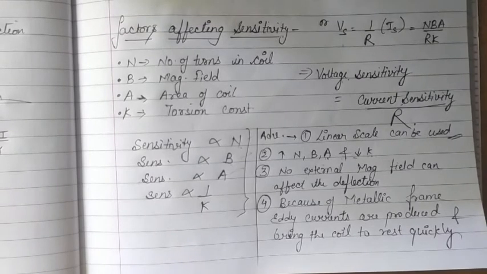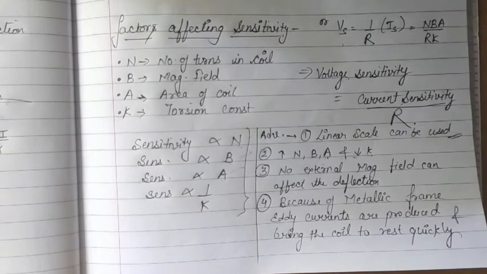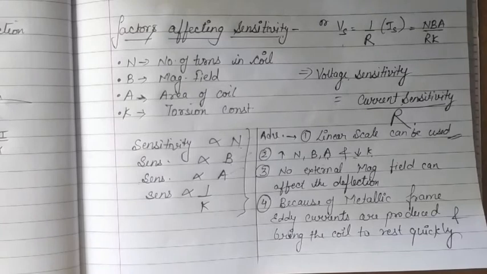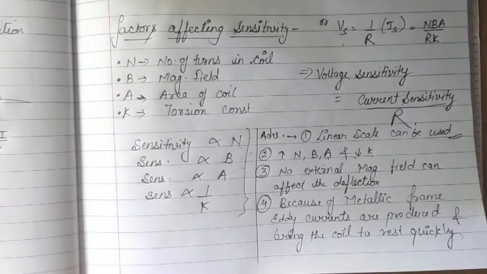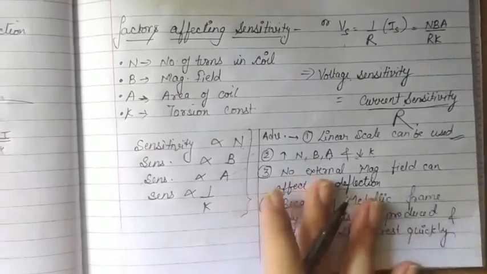And the second disadvantage is that moving coil galvanometers are easily damaged by overloading. Whenever the value of current increases beyond the maximum value that the instrument can bear, it burns out its spring. Actually the hair springs or the suspensions that we are using will burn out. So because of the overloading of current, the moving coil galvanometers are easily damaged. So there are two main disadvantages.